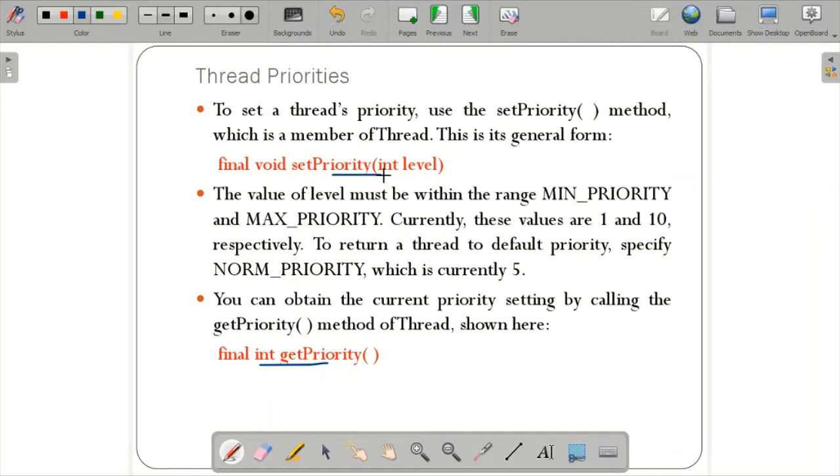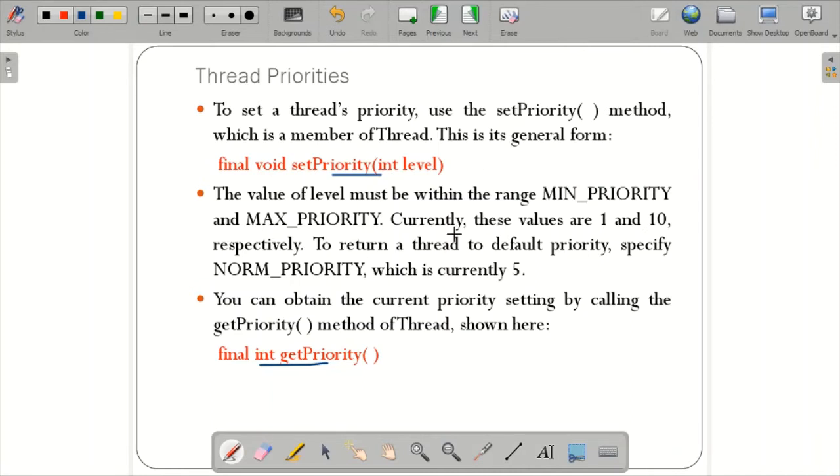In case there are equal priority threads, then there should be an equal sharing of the CPU. That should be done by the compiler, so that the processor is divided equally between both equal priority threads. So that is regarding how thread priority works theoretically. If a higher priority thread works, it will get more CPU than the lower priority thread. If a lower priority thread is running, and the higher priority thread is sleeping and wants to resume, then the lower thread will be preempted. So that is how the priority works.